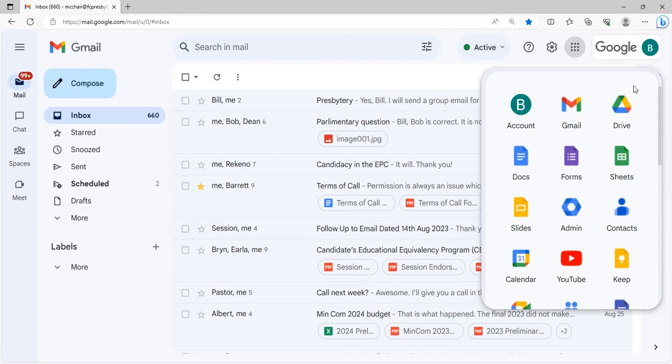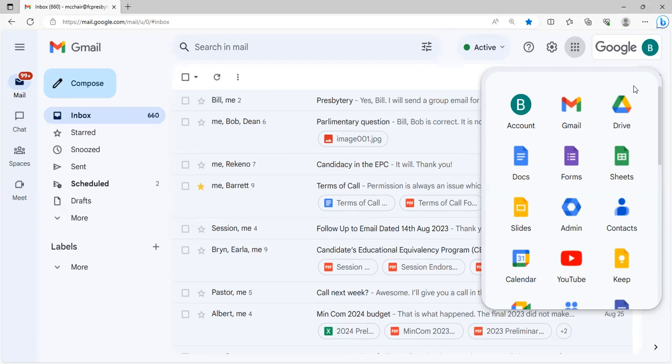So if you have an email from a new candidate, you might be adding them to your contact list so you can easily draw up a new email that you send to that particular person. Calendar, of course, is calendar, and that could be the means by which you schedule ministerial committee meetings. And you could even use the Google Meet app, where you can do a video meeting, or Google Calendar,